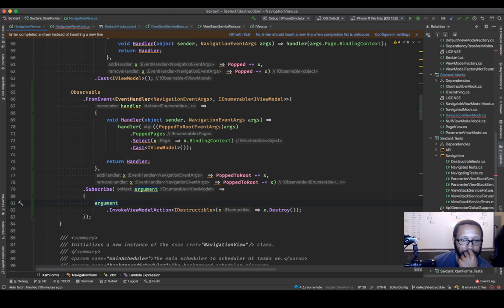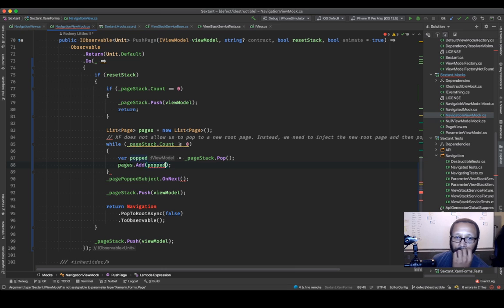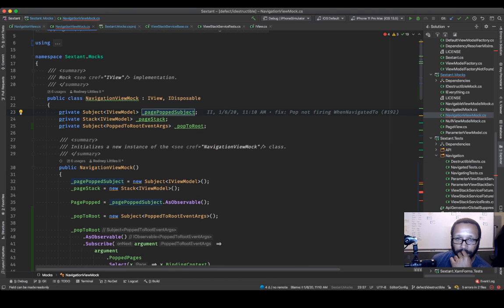That hides a lot of my implementation details, makes it so that I can do this internally to the navigation page. And if I explicitly wanted to expose this back out, I could. This is not a bad go at it. Okay. That becomes IViewModel. That becomes IViewModel. This becomes, now I'm going to do pages, which I have now changed my page popped observable to just be,